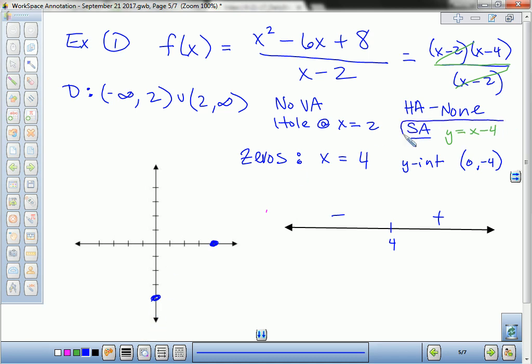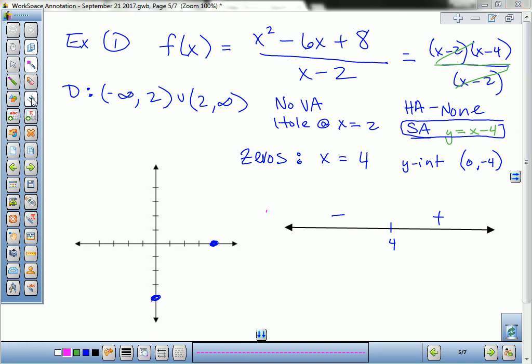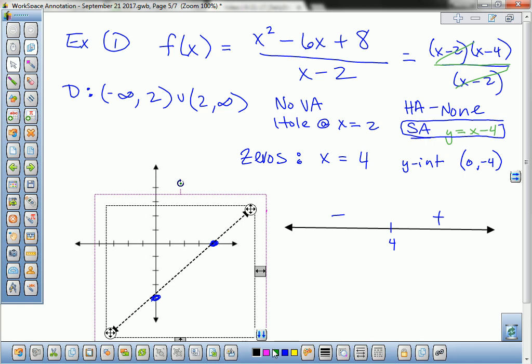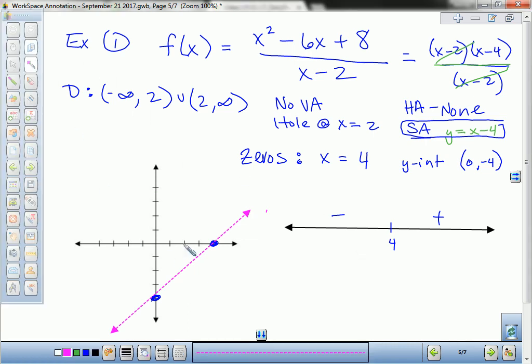Okay. Let's put on my slant asymptote. But is it an asymptote or is it a line? It's just the line. So it's not an asymptote, it is the line? This is tricky. So a line can be an asymptote? All right. So there's our slant asymptote. And we know there's a hole at 2. But why is it there? Negative 2. And the weird part is the actual function